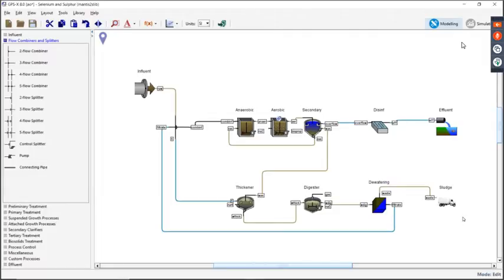So it's actually been an interesting way to represent different types of technology. As those of you who've used GPSX for a while know, sometimes you have to use combinations of objects to represent something other than what they were originally designed for. And so now you can actually just put down a picture of the thing that you were actually talking about.